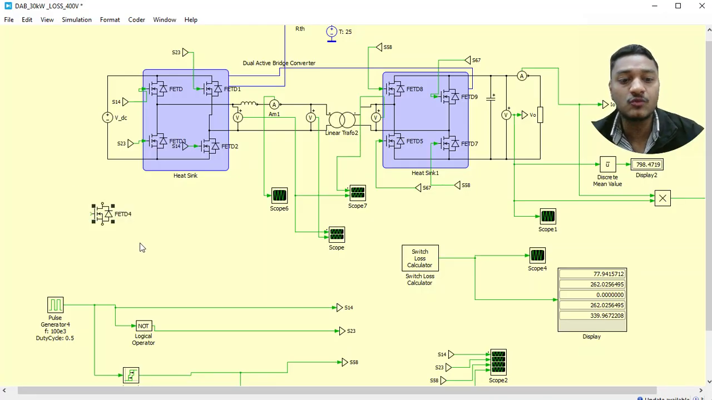So you can use the actual model. Okay, so that is the advantage. The same thing we can do in an LTspice simulation as well. There also we can import the actual model and do the analysis. Okay, so now